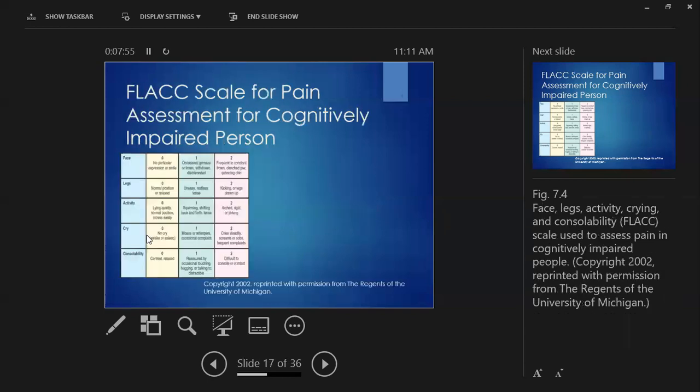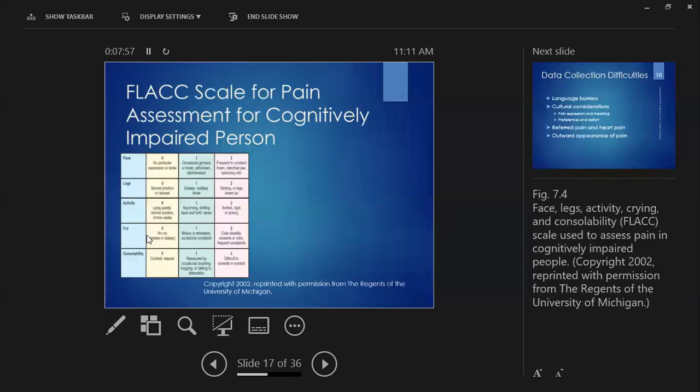Here is the FLACC scale. Peyton, would you very quickly please read the description of each level of the FLACC scale? So start by doing